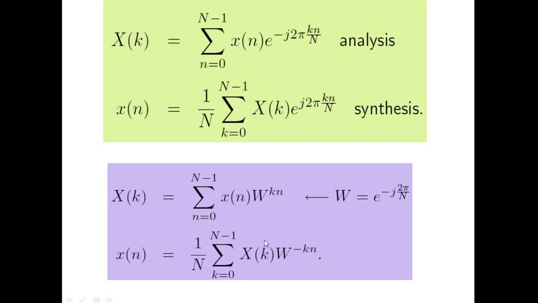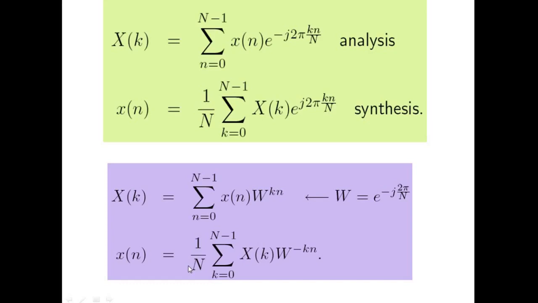Here we are writing the same formula in terms of the twiddle factor. In X of k we have the twiddle factor as W N power kn, and in the inverse formula we can write the power of the twiddle factor as minus kn. Along with that we multiply by 1 by N. So this is the difference between the inverse and direct DFT formula.